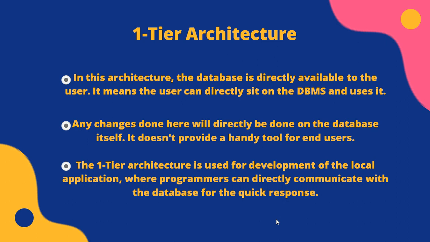For example, let's say you want to fetch the records of employees from the database and the database is available on your computer system. The request to fetch employee details will be made by your computer and the records will be fetched from the database by your computer as well. This type of system is generally referred to as a local database system. So these are the details about single tier architecture.